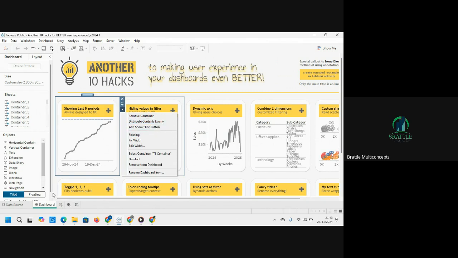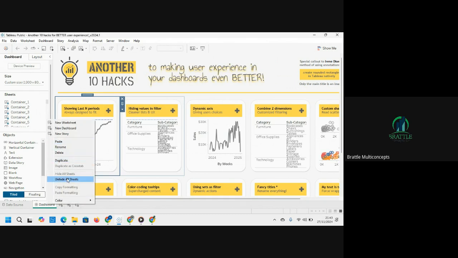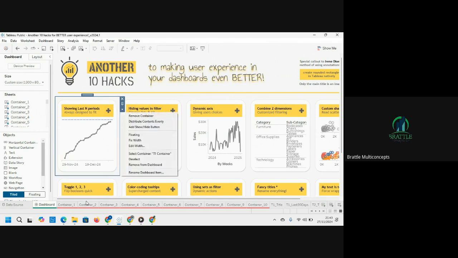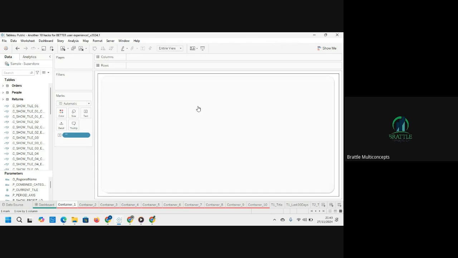Okay, let's unhide all the sheets. It was hidden already. Unhide all sheets. It's unhidden now. Okay, container one. Let's open container one. Can you see that this is a dashboard? In this container one,